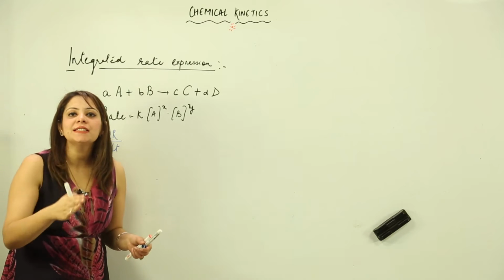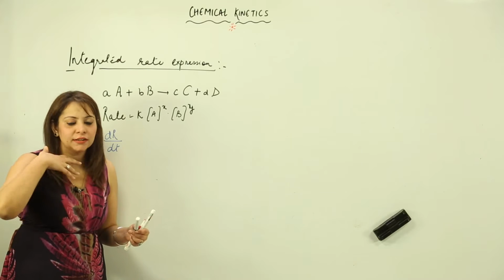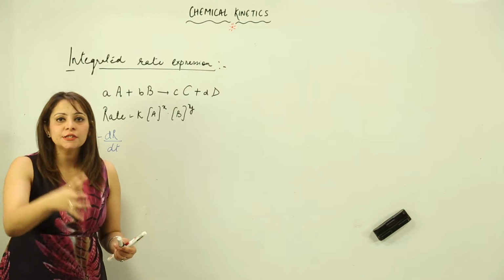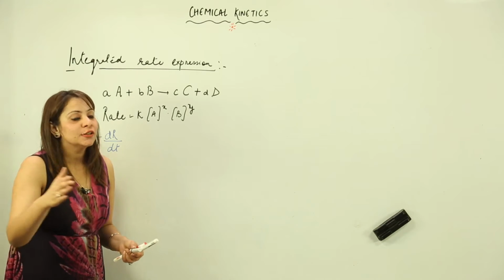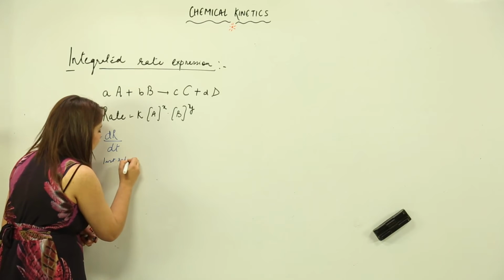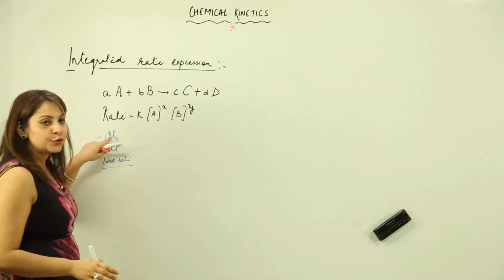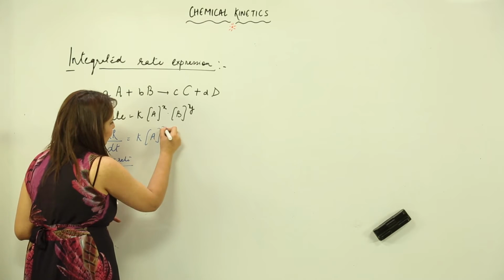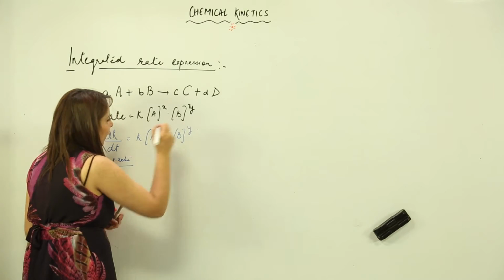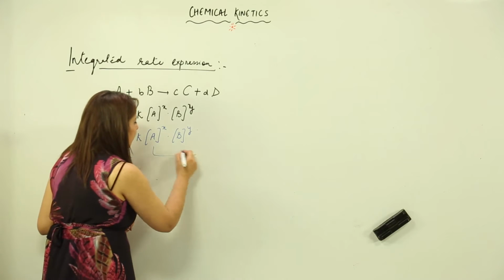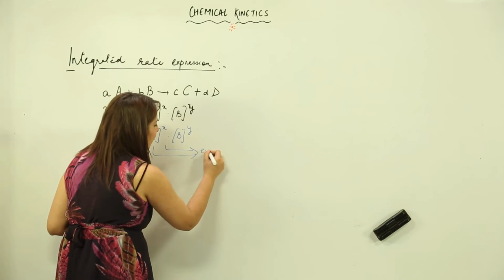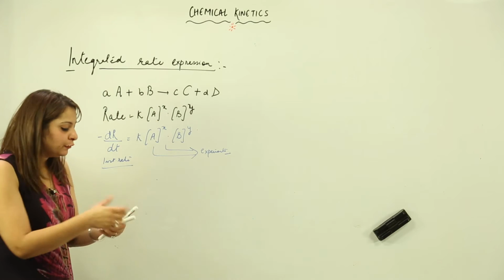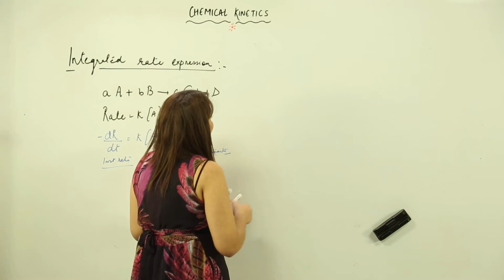Here I am considering the instantaneous rate, that means the reaction is not completed yet, but in the middle I am just going to see what concentration of reactant we have at that specific point. So I am concerned with the instantaneous rate. The change in concentration of reactant with respect to time can be written as equal to rate constant, concentration of A raised to power x, concentration of B raised to power y. And obviously we will know this x and y from different experiments, right.